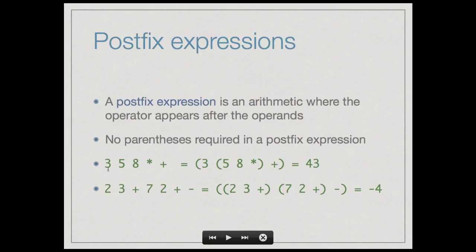Here is an example. 3, 5, 8, star, plus is a postfix expression, and the way to interpret it is that this star occurs after two numbers. So we have to take this as a sub-expression. This is the sub-expression 5, 8, star, which stands for 5 into 8. Then we have a plus